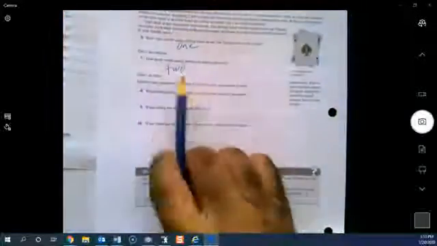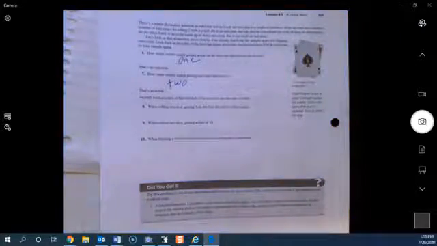Now number 7, how many results match getting 1 head and 1 tail? They said 1 head and 1 tail. There's 1 head, 1 tail. There's 1 head, 1 tail. So it's actually 2, because they didn't care what order it was in. As long as it's 1 head and 1 tail, that's all that matters. That's an event. So an event has more than one outcome, and an outcome only has one outcome. Okay, now,